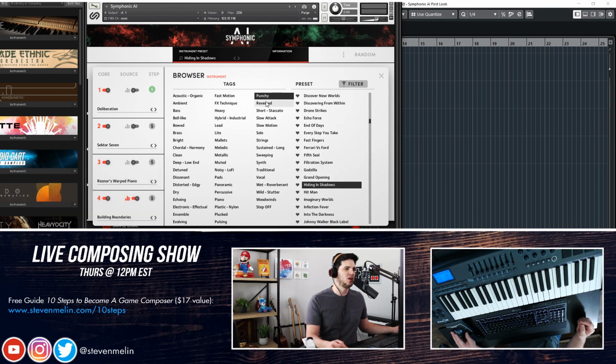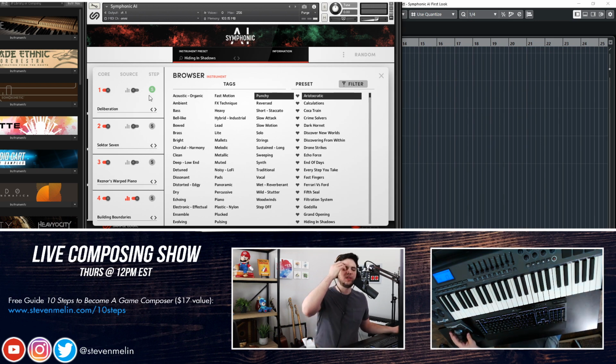Even in this one tag of punchy, it takes all of the patches, and remember there's 938, I think, of these. If you hit punchy, now you can see how only the ones with that tag appear. And when you click on one of these, it's going to reset all 4 of these to new patches. So the level of customization is